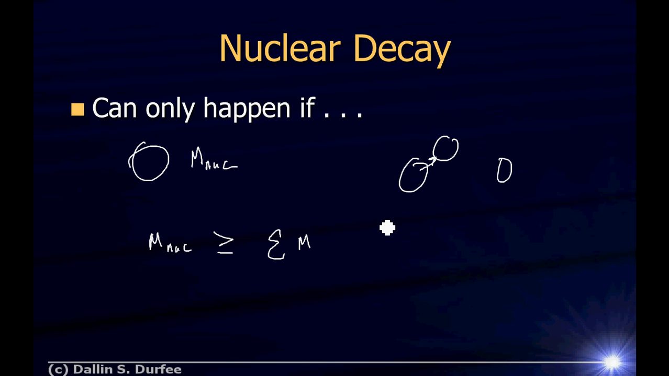So if I came along and said, hey, can carbon 12 undergo alpha decay? And you say, well, I don't know. One thing I can check is to see if it's energetically possible. And so I'm going to say, well, is the mass of a carbon 12 nucleus greater than or equal to the sum of the mass of, let's see, if I get rid of a carbon 12 by doing